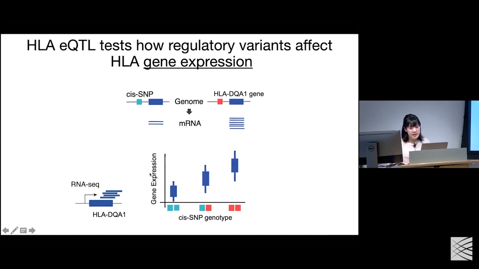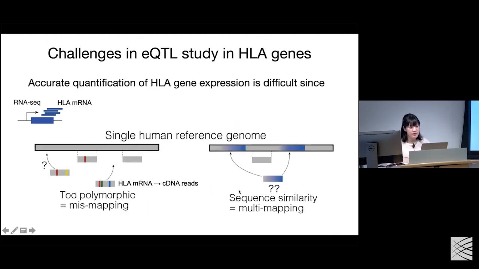The eQTL is now a standard method, but there is also a specific challenge in the eQTL study for this particular HLA region. After we do standard RNA sequencing experiments, we typically align the reads to the reference genome to quantify the expression abundance of the genes by counting the number of reads that mapped to that particular region. However, in the case of the HLA genes, if we only use a single human reference genome, like GRCh38